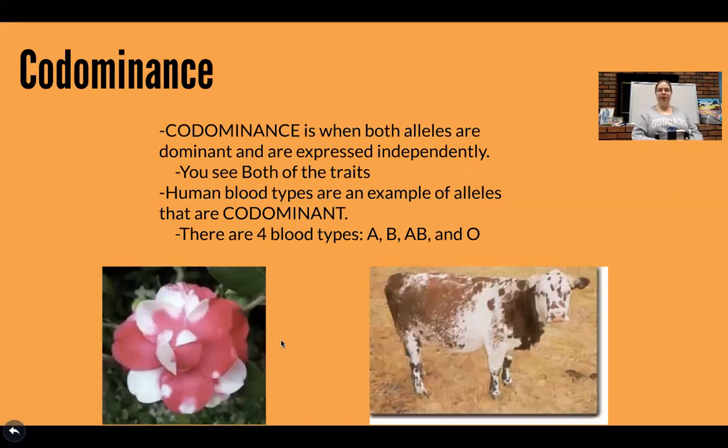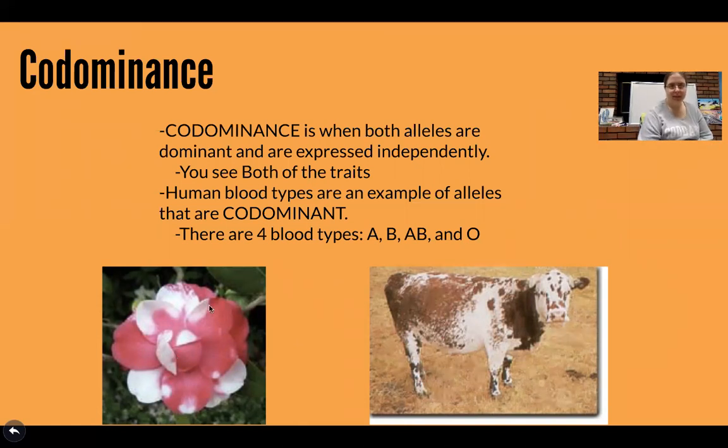Codominance. Now, the prefix co means both, with, etc. So in codominance, you have alleles that are both dominant. And as we keep saying, a dominant allele must be shown. So what that means is that with codominance, we actually see both traits. So both of the expressions are equally seen. If you look at the examples below,